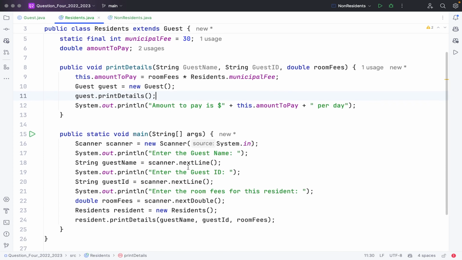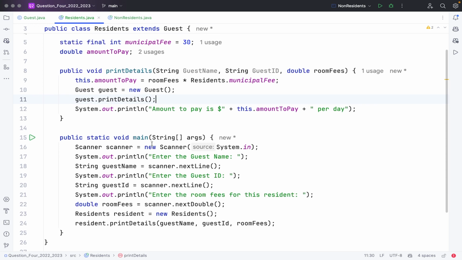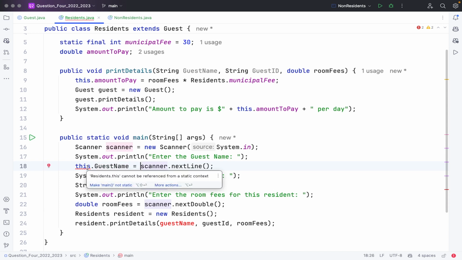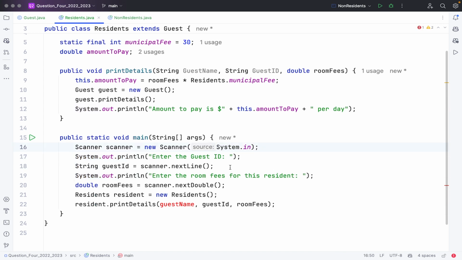So what I'm going to do there is, in the main method, before we print out the details, whatever guest name we get and whatever guest ID we get from the input here, we are going to assign that, not in a string called guest name, but we are going to get this current guest name and assign that to... okay, we cannot do this. So let's take this input down here